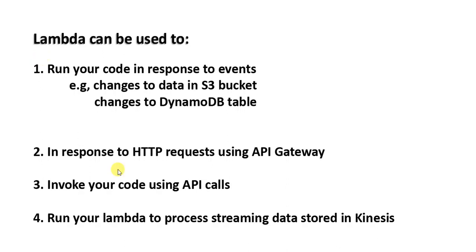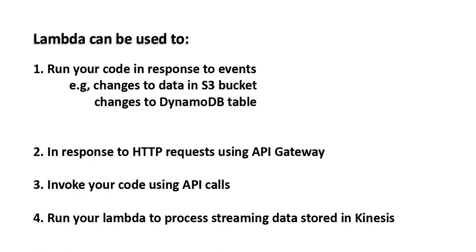You can also invoke your Lambda in your application using API calls, and your Lambda can have any logic that runs upon invocation. You can run your Lambda manually anytime you want, and you can use your Lambda to process streaming data that is stored in Kinesis. These are a few use cases of Lambda. There are a lot more use cases. You can use Lambda to interact with any services, to send SNS notifications or anything. Lambda pretty much integrates with any AWS service. That way it provides you a lot of flexibility to deal with other AWS services.